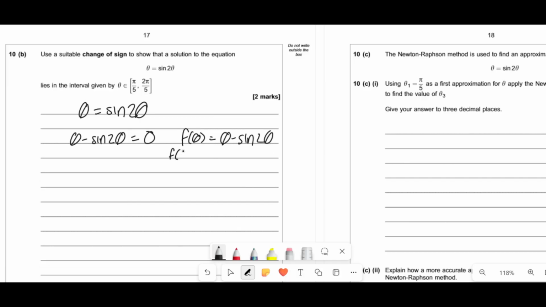If I put pi over 5 into this equation, it is this minus sine 2 of that. It gives us minus 0.32274, which is less than 0. So then if I now do f of 2 pi over 5,